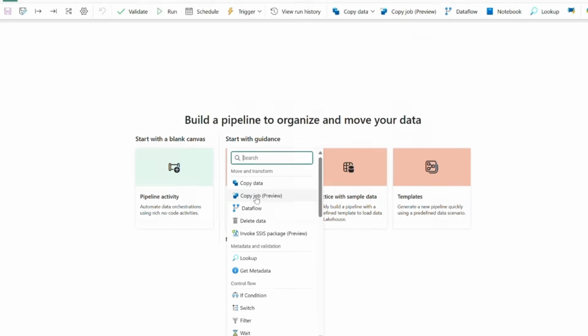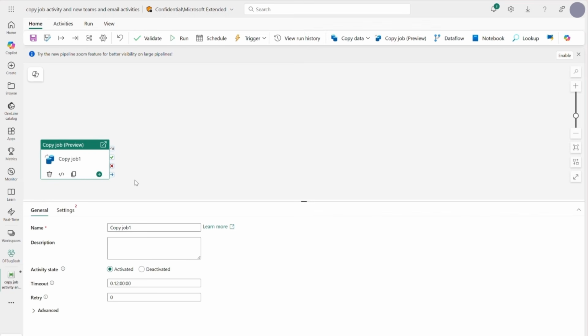to my pipeline. The copy job activity lets you run a copy job directly inside a pipeline. That means you can orchestrate data movement alongside other tasks like transformations, notifications, or conditional logic all in one place. Now, with this activity, you can reuse that logic inside pipelines and add things like conditional execution, retries, and chaining